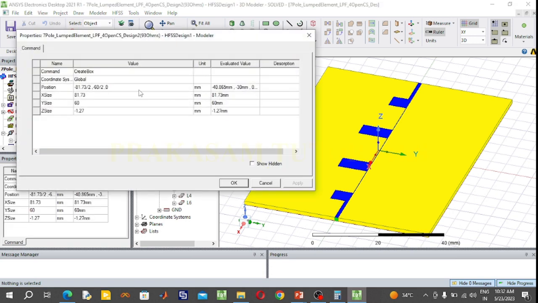And the length of the substrate here is 91.65 mm and the width of the substrate I am considering is 70 mm, and the thickness of the substrate is 1.27 mm, minus 1.27. And the x position value is half of the x size value with a negative sign, minus 91.65 by 2, and the y position is half of the y size value with a negative sign, minus 70 by 2. Press OK button